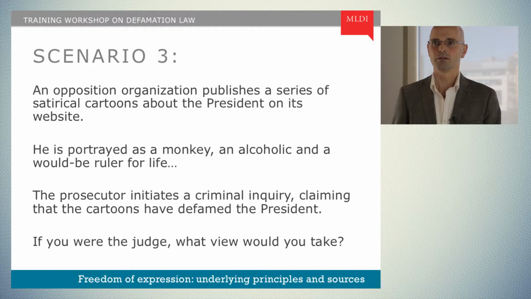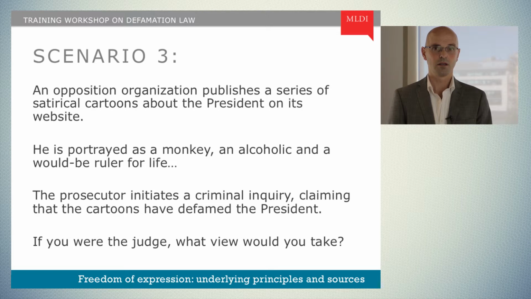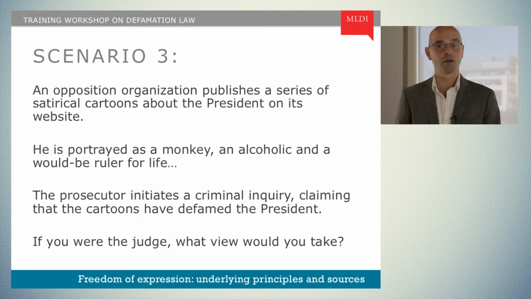And how about the third hurdle? Would the prosecution be strictly necessary in a democratic society? We have seen how important the right to freedom of expression is in democracy, and particularly with regard to political speech. Bearing that in mind, will it be really necessary to prosecute? Or would an alternative course of action be for the president to simply respond to the criticism? Respond to speech with more speech? I don't intend to give you the answer here, but these three scenarios hopefully serve to illustrate the approach that international human rights law requires to be taken with regard to restrictions on the right to freedom of expression.